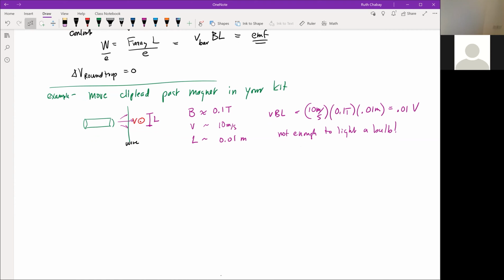So to make this practical in a real setting, this is a baby generator. What we've made is a generator. The way a generator usually works is we take a loop of wire, say on an axle,